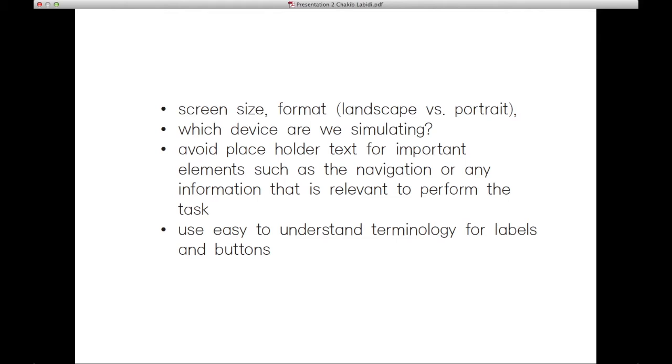Who remembers the design patterns? Can you tell the rest of the audience what you remember from the design patterns? Solutions to common problems. Exactly, solutions for common problems. Tested, already tested, that has been tested and most people are familiar with. That's the whole idea, so that they don't need to learn how to use a certain button or a tabbed